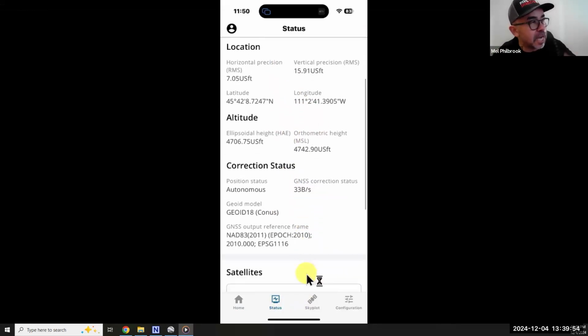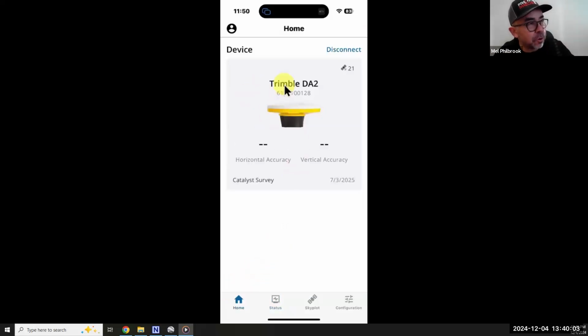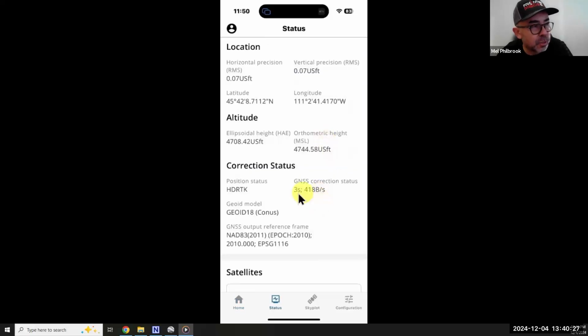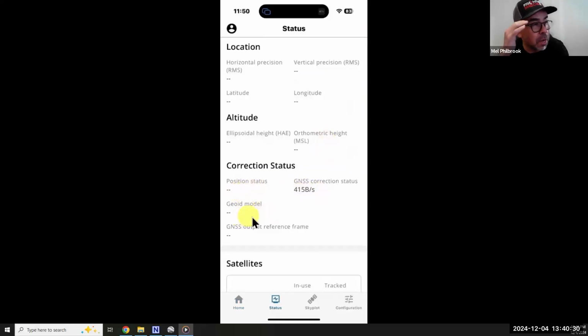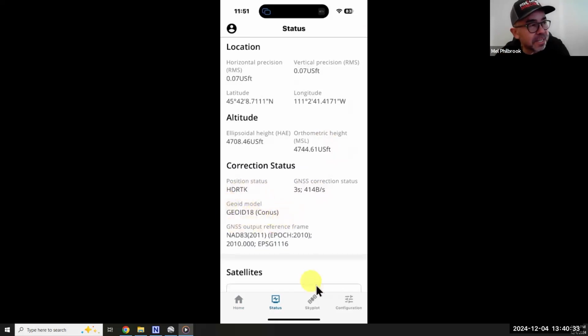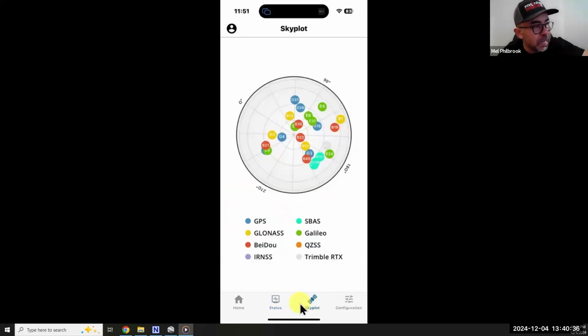Then you can see data coming in by bytes, and that matters. And so on most manufacturers it will show you all this information. And now as bytes start coming in, and I'm tracking 21 satellites, you'll see the accuracy getting better. And it might have picked up SBAS first, and then all of a sudden it'll get even more accurate. And now it says RTK because this is a DA2 Catalyst 1 subscription capable of doing carrier. And now I'm humming at what I would be expecting from a Catalyst 1 subscription. It shows that I'm doing RTK. I've got 3 seconds latency, and I'm getting information in. And there's my full